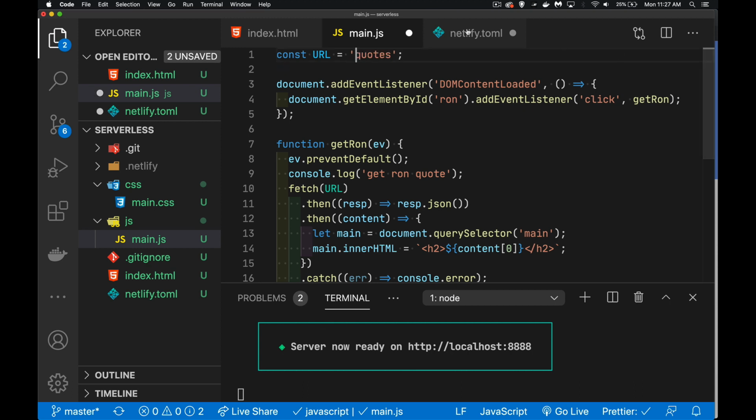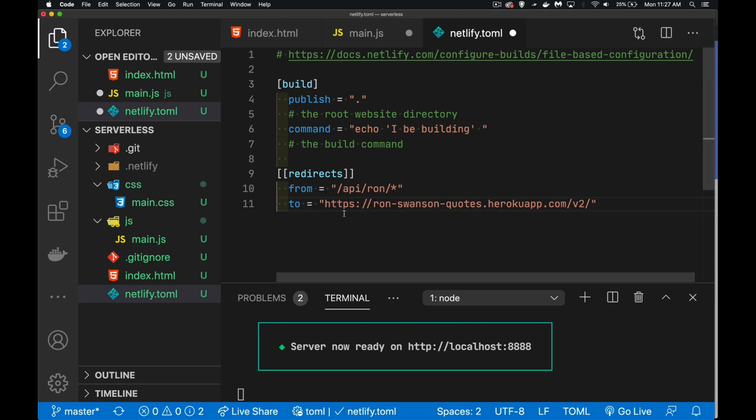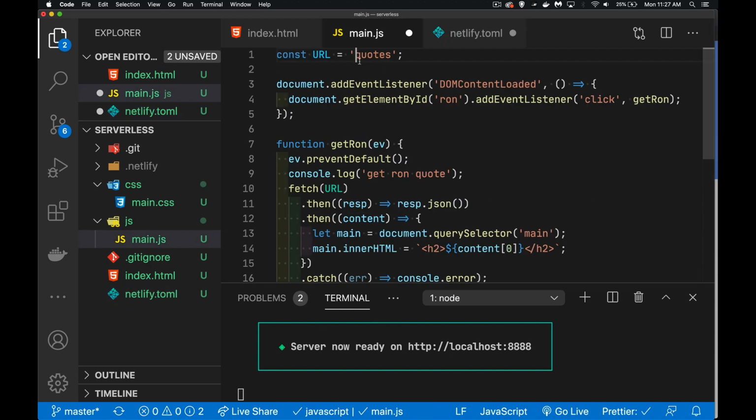So I'm going to remove that, bring it over here, and put it inside of here. So anything that starts with this is going to be redirected to this. And then we're going to send back a status code as well, just like that. Now we're going to have to change this to say API